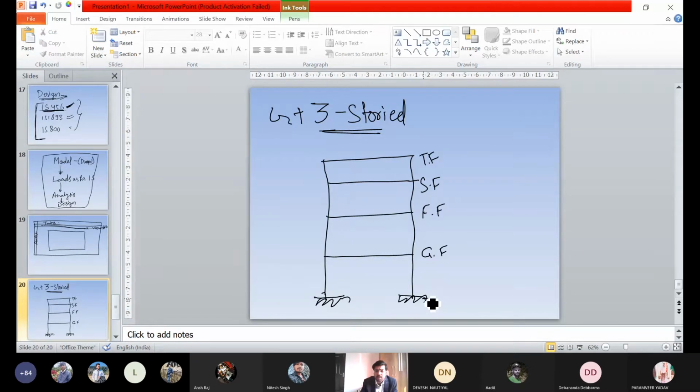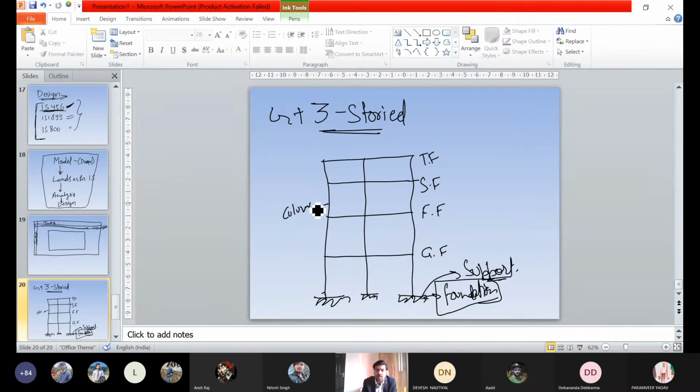Now, what is this? This is the foundation. Or in our software, we will use this as the support. So our building is going to look like this, the elevation of our building. And what are these components? These components are columns, the vertical ones, and the horizontal ones are beams. So this is the elevation of the building which we are going to make in ETABS.